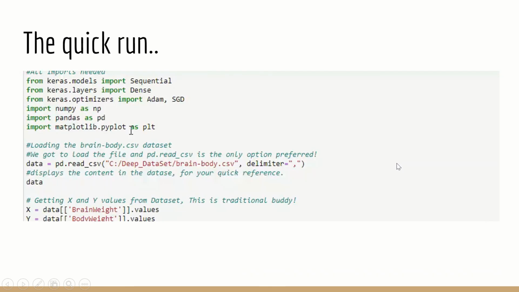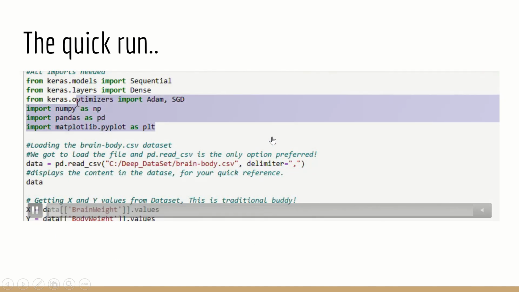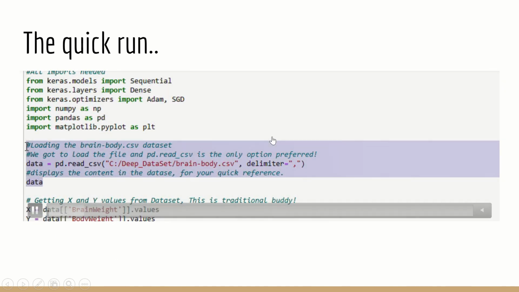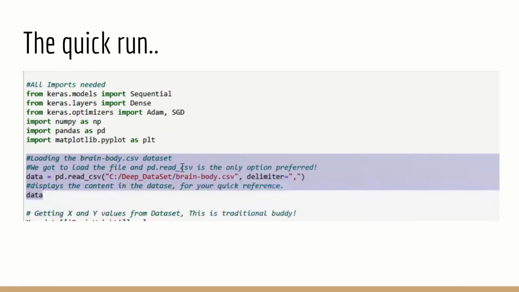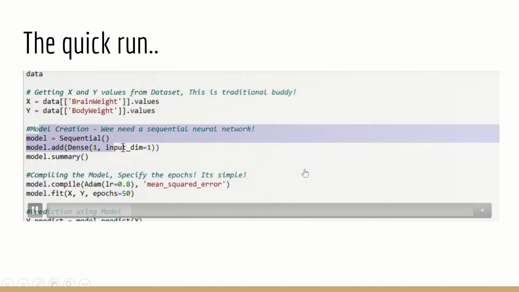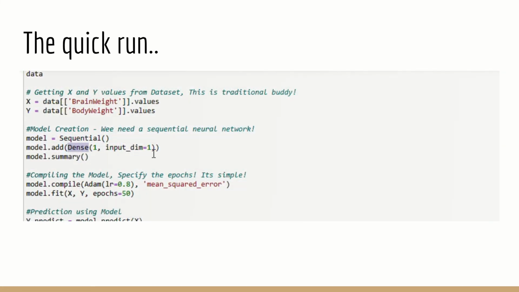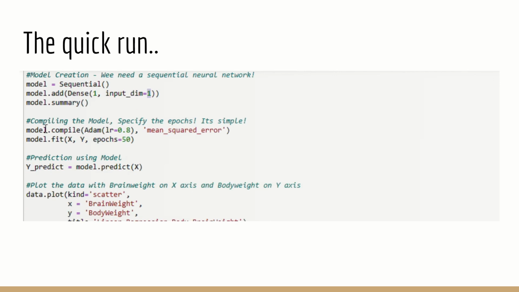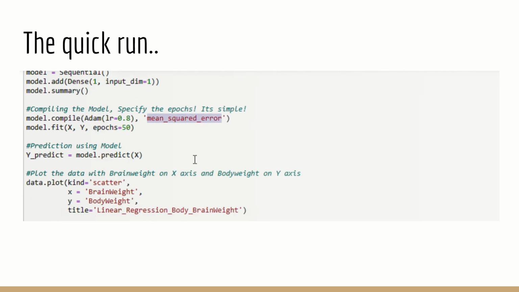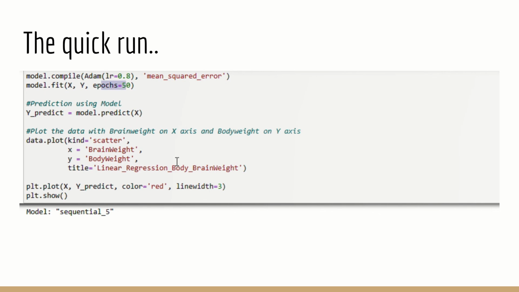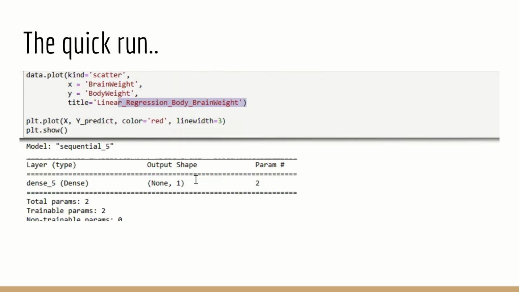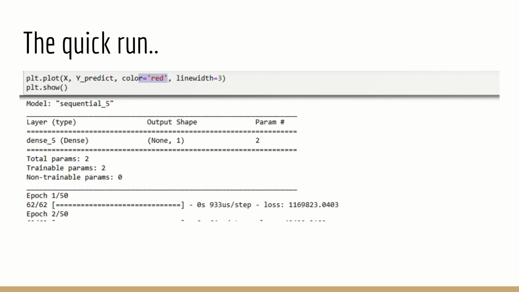It's a very simple thing, and you can see a quick run here so that you can understand how exactly it works. This is all about the import, and here I have read it, and I have made the X and Y clearly assigned there, and I use sequential dense followed by I need to compile the model that I have developed. I specified the epochs also. The epochs can be specified based on the trial and error method. So 50 here is a trial and error method which I saw accuracy was decent, so I stopped it there as 50. Now I am plotting it.